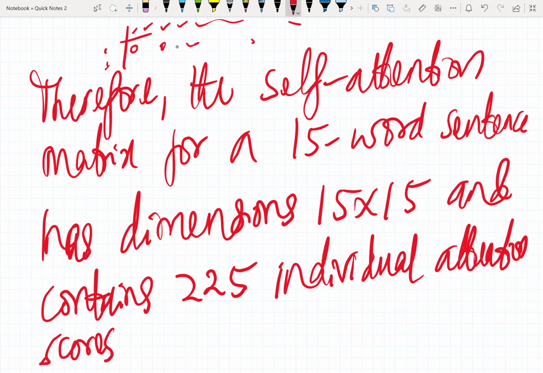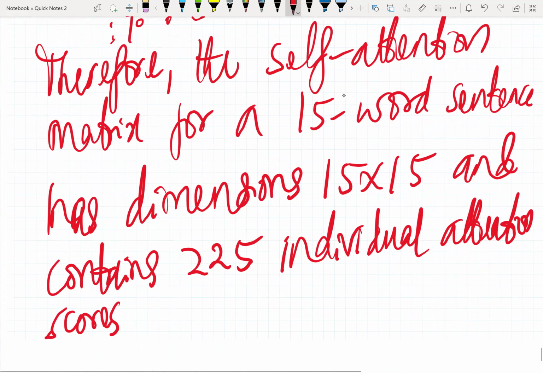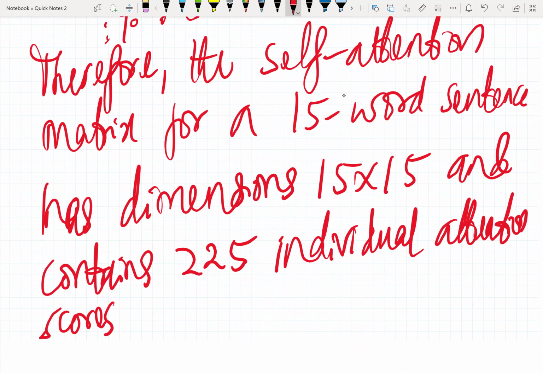So we're going to have 15 by 15 like that, and it contains 225 individual attention scores,